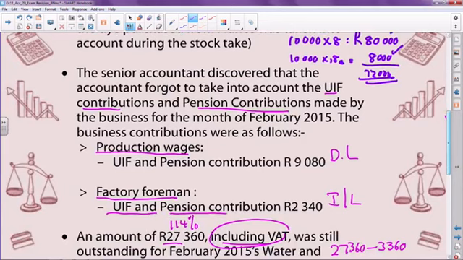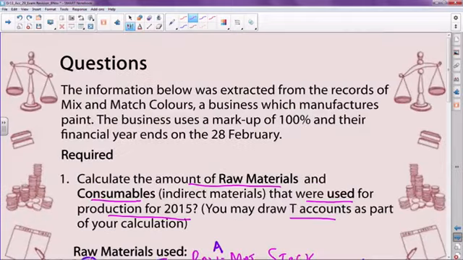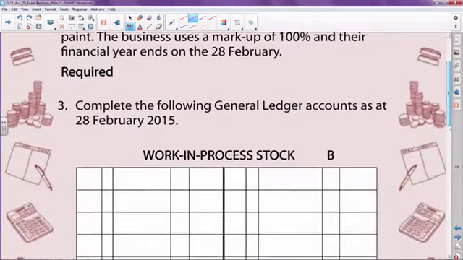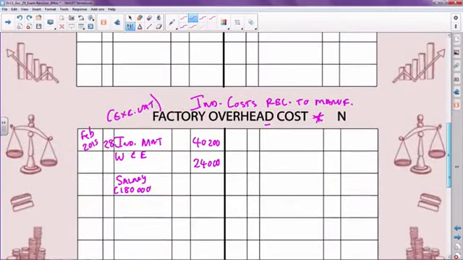UIF and pension contributions amounted to 2,340. So this was obviously left out. We now need to include this figure, 2,340. So let's do that. Okay, right, plus